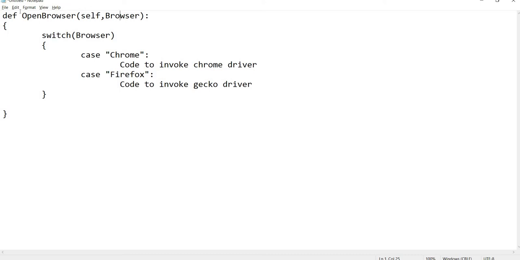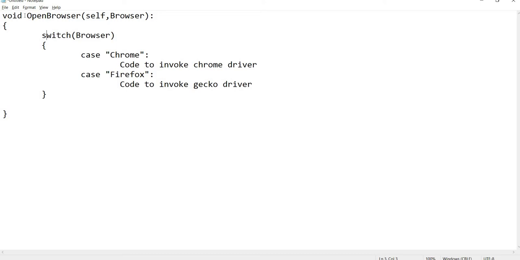Then if this is not Python code, let's say this is Java code, then I would have something like this. I would say void start browser, and then I will write a switch statement. I will pass in the name of the browser which I have got as an argument over here, and then I will write the cases.